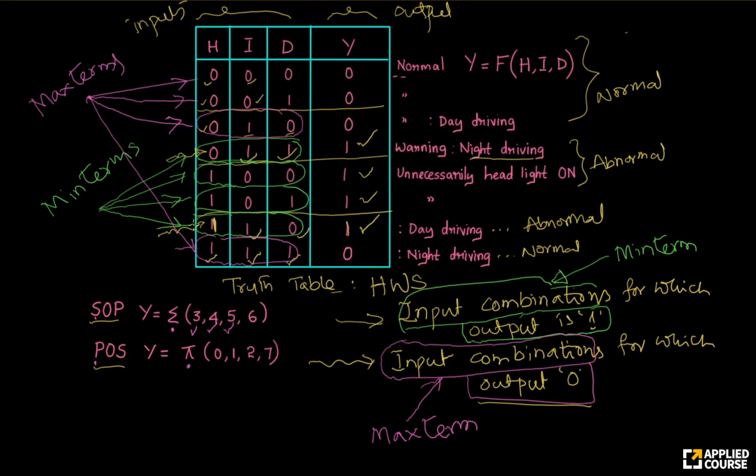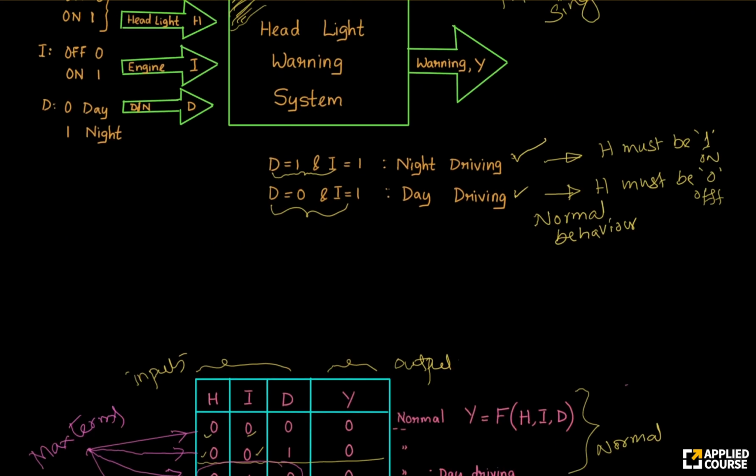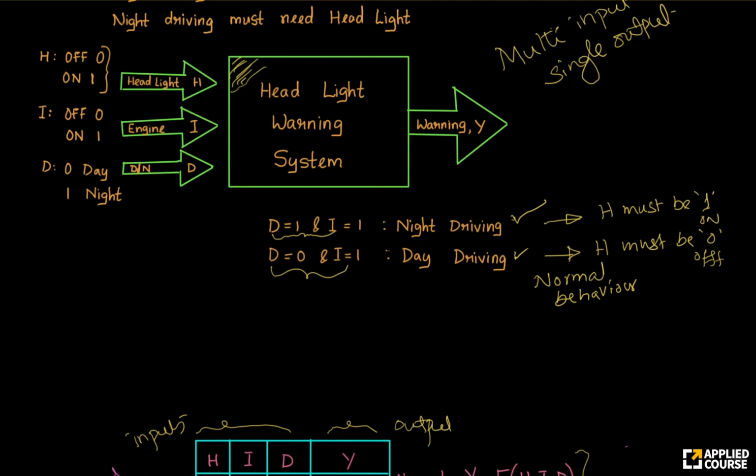And 1, 1, 0, when converted into decimal, is 6. Hence, the Boolean expression for the headlight warning system is the sum of product, sigma 3, 4, 5, 6,